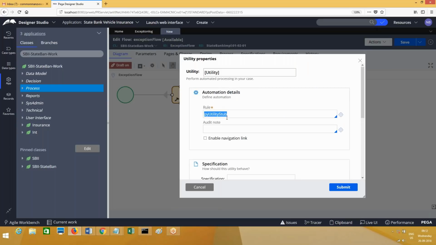This one is into the exception log flow.